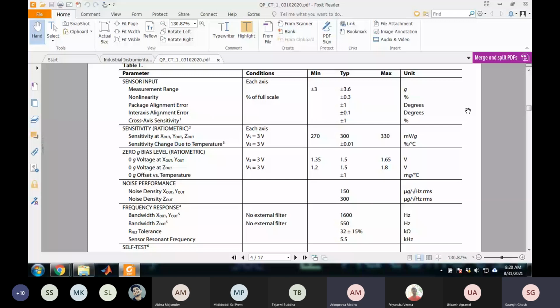So the range means the values will be measured from what minimum value to what maximum value. The typical value that will be measured is from minus 3.6 to 3.6, and it has some minimum tolerance, because these sensors have various variants. So here in the